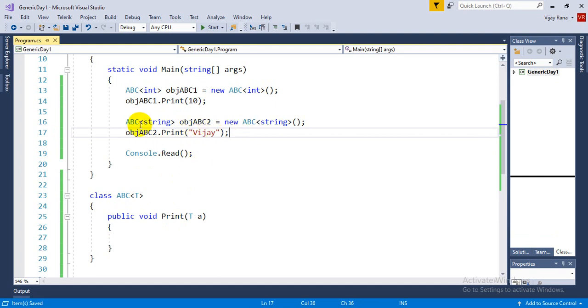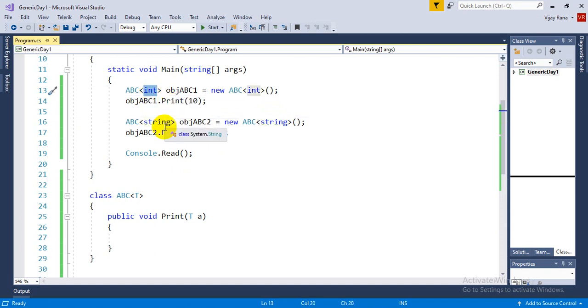So you can call this particular method for integer, for string, for float, for character, for any data type. So that's the meaning of type independent. Now it's not fixed for some particular type, like integer or float. We can call this method for any data type, but this decision is made when you create the object, and for that object, whatever data type you pass, accordingly you need to pass that data type.